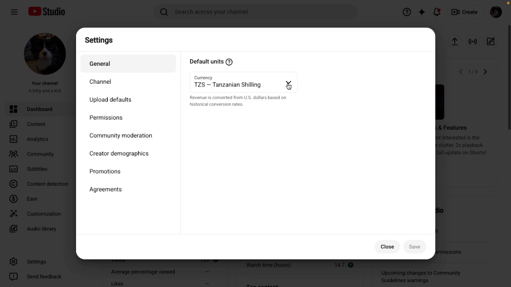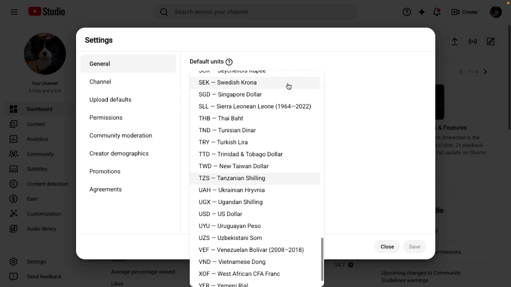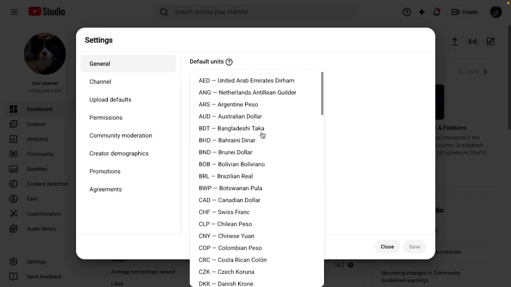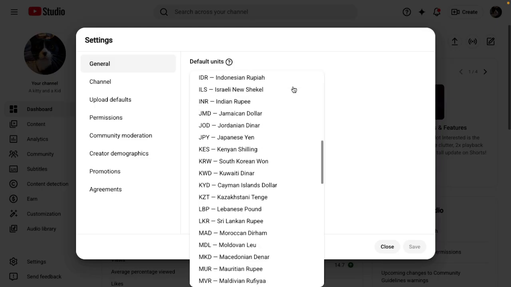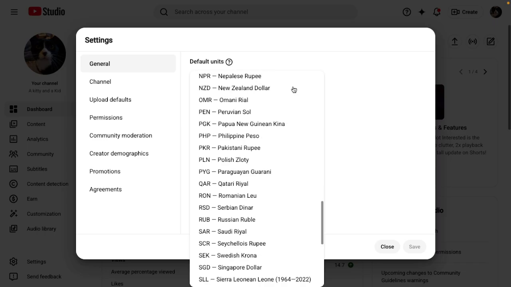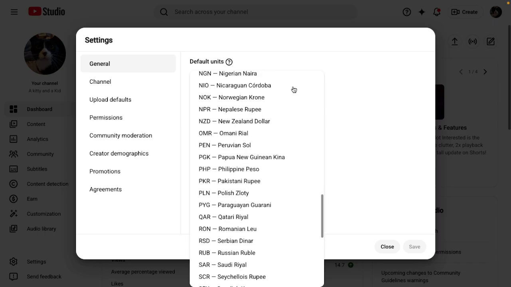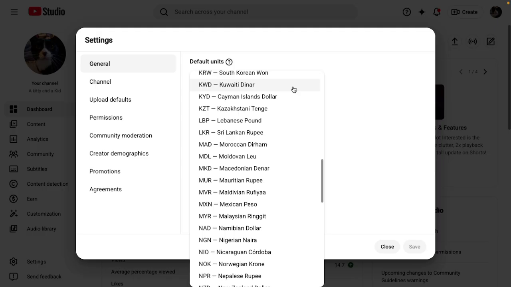If you want to change your currency, you can. For an example, I'm going to change my thing to US dollars. Like, I do not really have that much, but